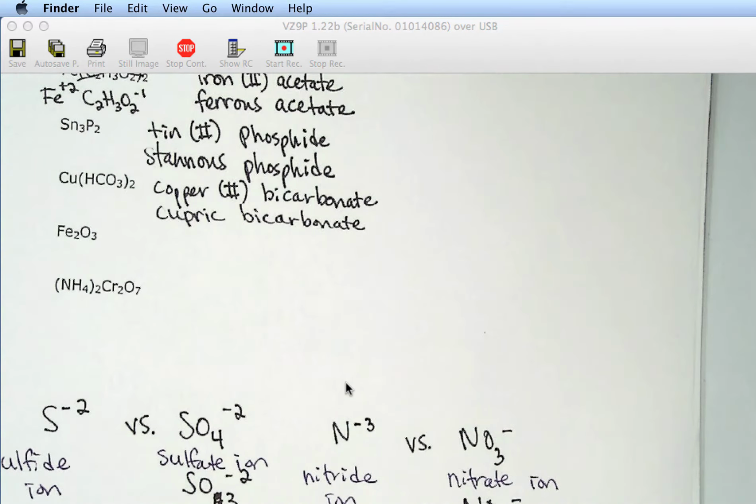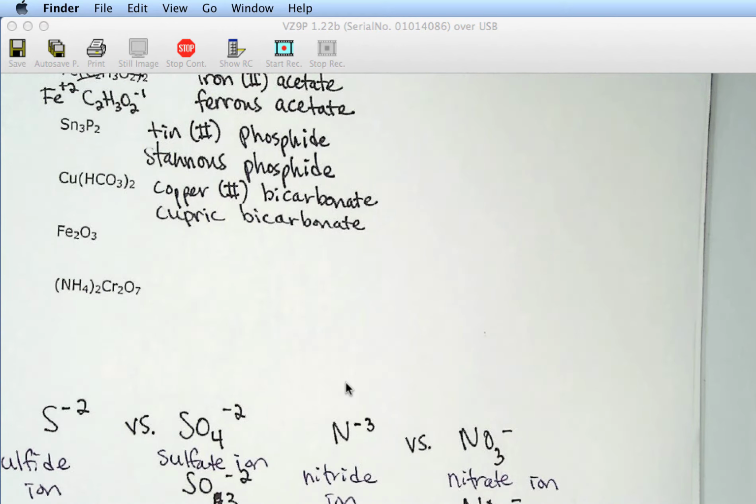I don't have a preference either way, whether you say IUPAC or common. Just be aware. Are you talking about the bicarbonate or the hydrogen carbonate? Which one will we see? You will see bicarbonate. Hydrogen sounds weird. Copper 2 hydrogen carbonate, it gets confusing. You really will see bicarbonate.